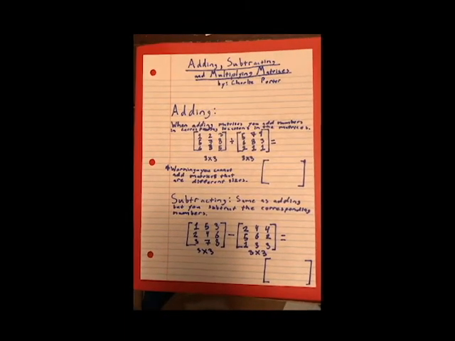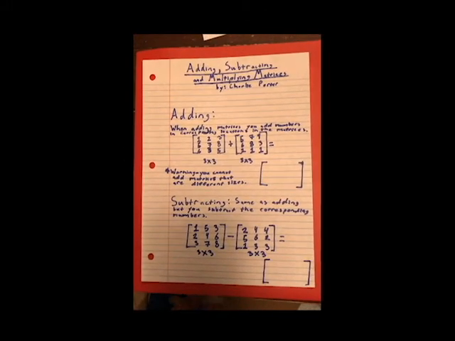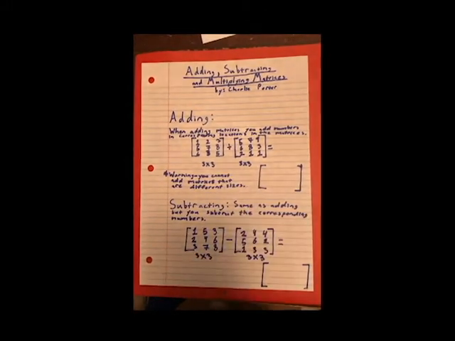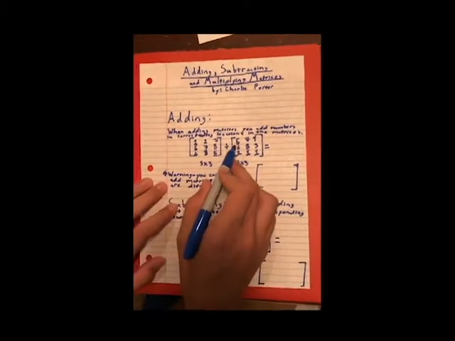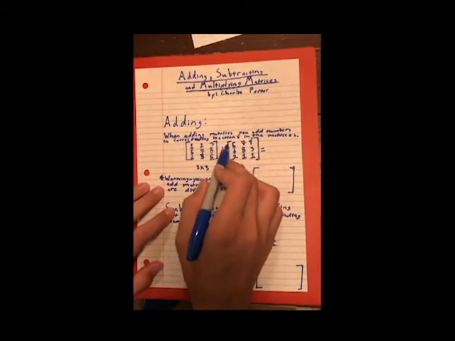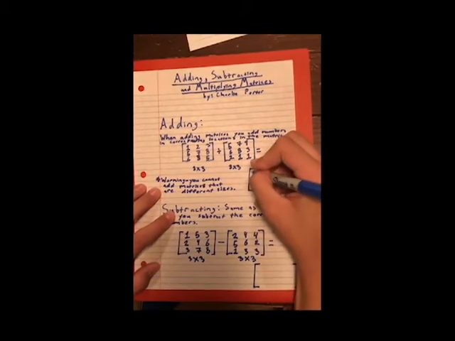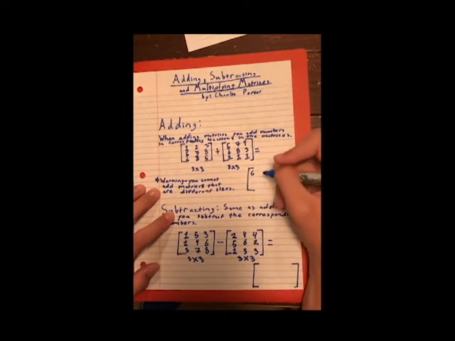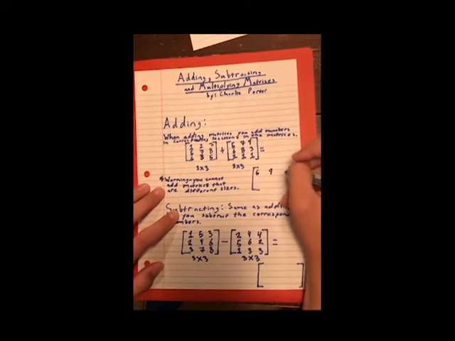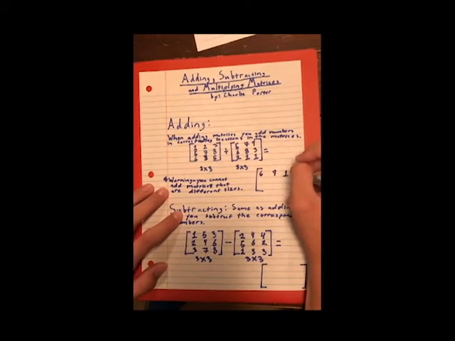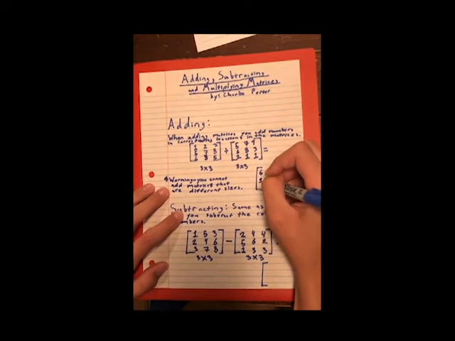Okay, so adding first. When you're adding matrices, you add the numbers in the corresponding locations in the two matrices. So starting off, you'd add the 1 and the 5 because they're both in the first row and first column spot. So you get 6 for this spot. And going on, you get 9 from adding the 7 and the 2. 12 from adding the 9 and the 3, 11 from adding the 6 and the 5,